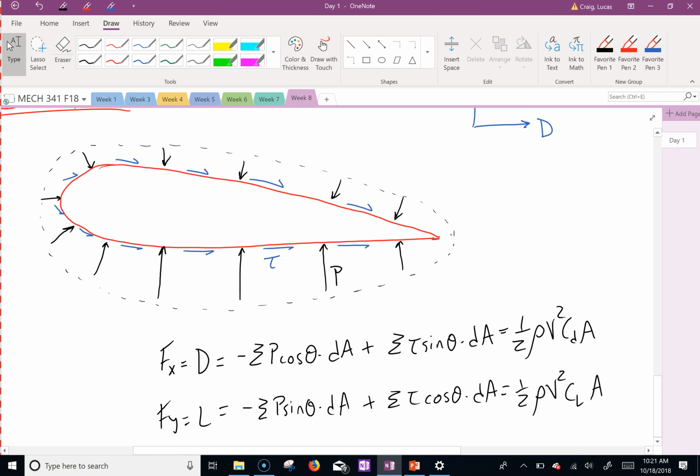So for you guys, as long as you understand that the bottom line is drag is only in the x, lift is in the y, those two equations, that's what you need to know. If you're going to start designing wings and actually making the next airplane, you take an aerodynamics course and you learn this stuff. But don't worry about that. I just wanted to show you briefly where that part is.